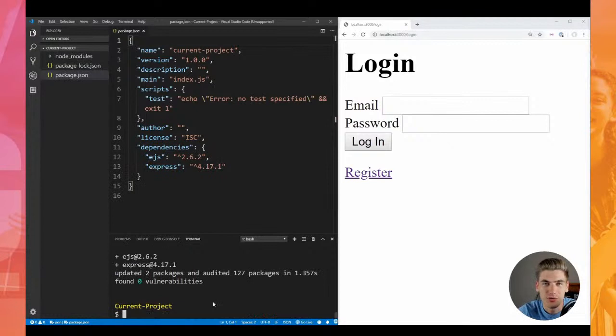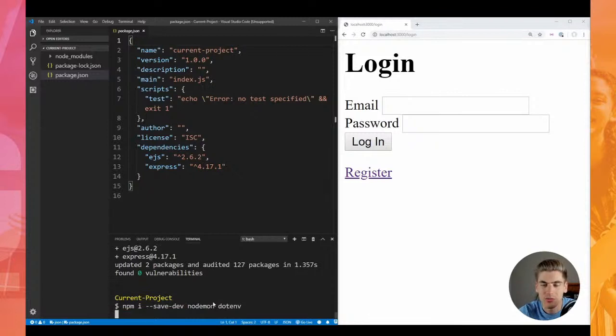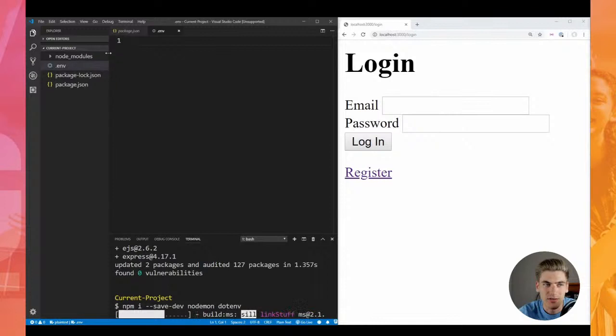We're also going to need a few development dependencies, so we can type in npm i --save-dev to say that these are for development only, and we want nodemon as well as dotenv. And nodemon is going to allow us to restart our server automatically every time we make changes, and dotenv will just allow us to have environment variables that we can store inside of a .env file that we can load into our server. So let's create that .env file now, just call it .env, and this is where our environment